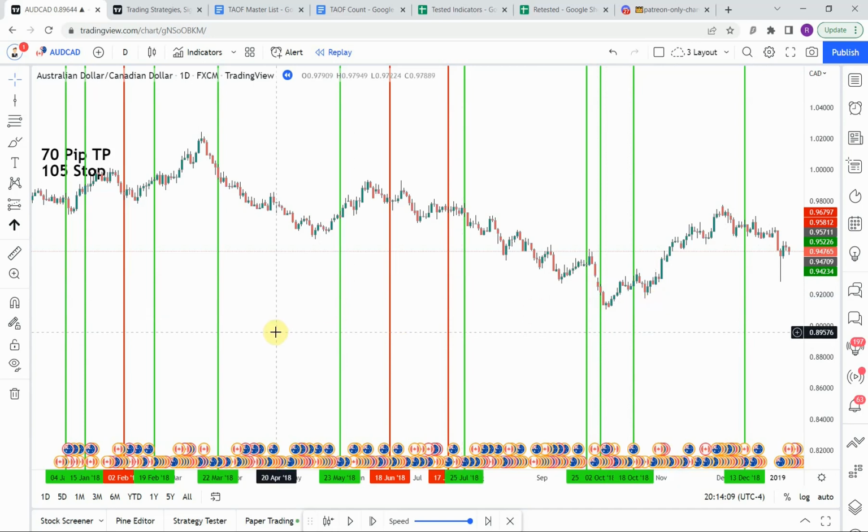You could just tell by the way this indicator functioned that it was really doing a good job of catching each of the trend changes. Now, of course, there are times when the trend doesn't follow through as much as we would like, and you catch right at the bottom or right at the top or right as price is starting to make a slight correction and then continue in that direction. And so it's not always going to be perfect, but you can definitely tell with this one that every time price action would start to switch the trend direction, start to slow down or roll over and head down,